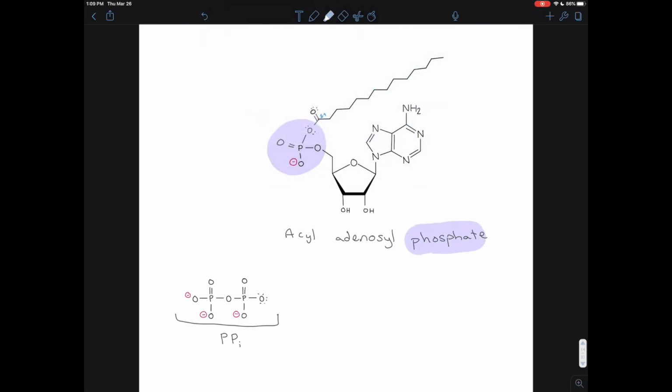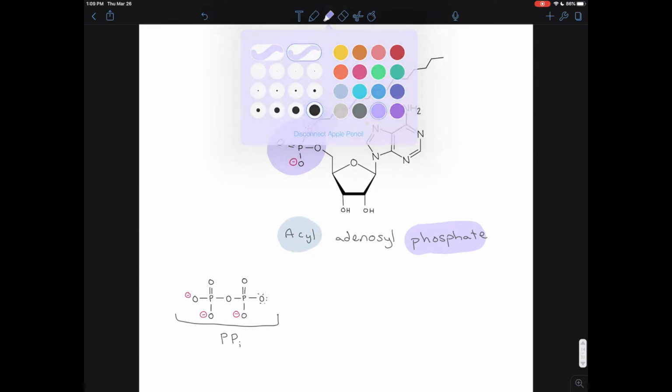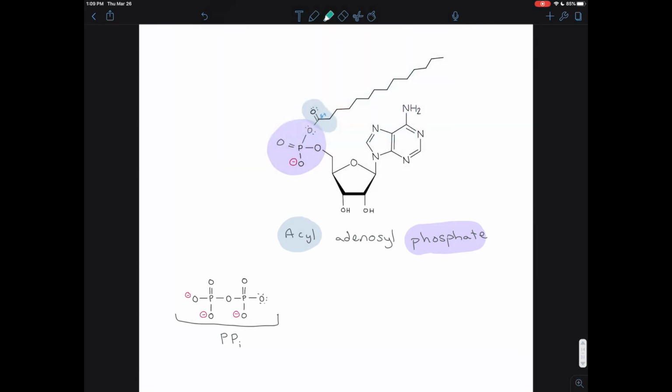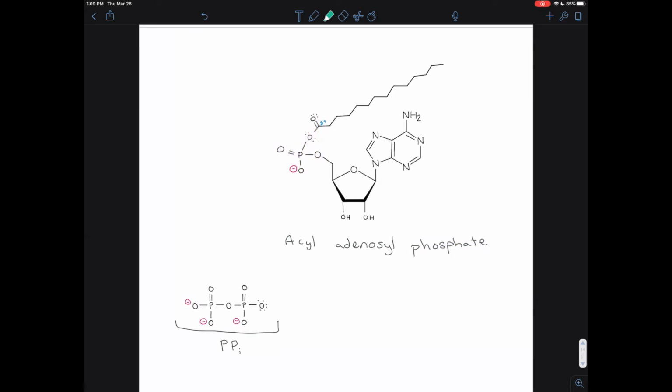On one side of the phosphate, we've got that acyl group, and on the other side of the phosphate, we have the adenosine group that we had before. So you've got an acyl adenosyl phosphate there. Okay, so what we've done was an SN2 reaction where a fatty acid chain replaced an inorganic diphosphate. So now we're going to do